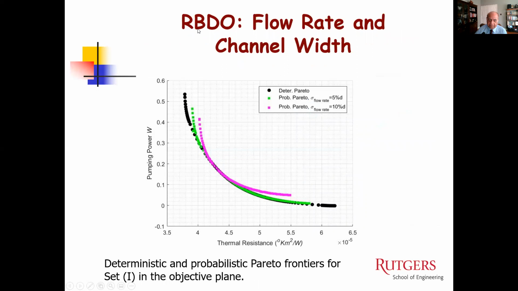And this is reliability-based design optimization. We're looking at flow and channel width as the parameters. You have a deterministic Pareto front, which is this. Then you have a probability function with respect to 5 and 10. Depending on your probability, if it is 10%, you can see how far it deviates from the Pareto front. So a solution that you are getting here would move here with uncertainty. Without uncertainty, with deterministic, you have a result, but with probability, you get a different result. And that's an important thing. If you want realistic solutions, that's what you need to do. Bring in the uncertainty, find what the probabilities are, so that your design is reliability based.